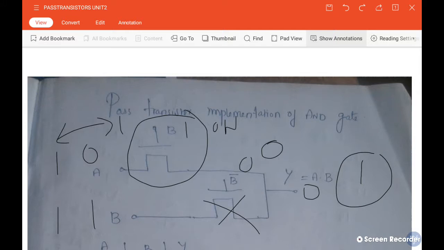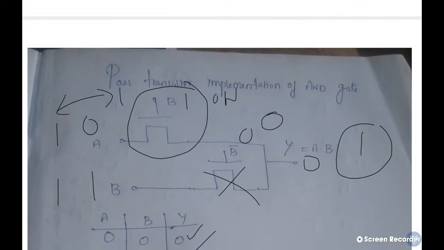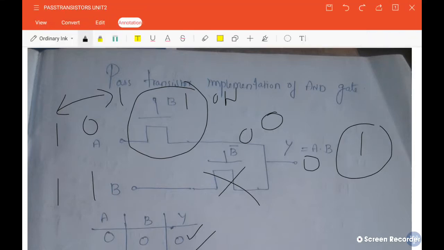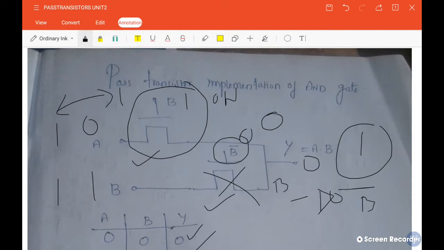So here another important thing you must see is how many transistors are used for implementing this AND logic. You can directly calculate the number of transistors. This is one transistor and this is the second transistor, and for providing B bar, the input B signal is inverted and given here. So for inversion, we have to invert the B signal. When you invert B, then only you will get B bar, correct? So for implementing an inverter in CMOS, how many transistors do we require? We require 2 transistors, right? One NMOS and one PMOS.